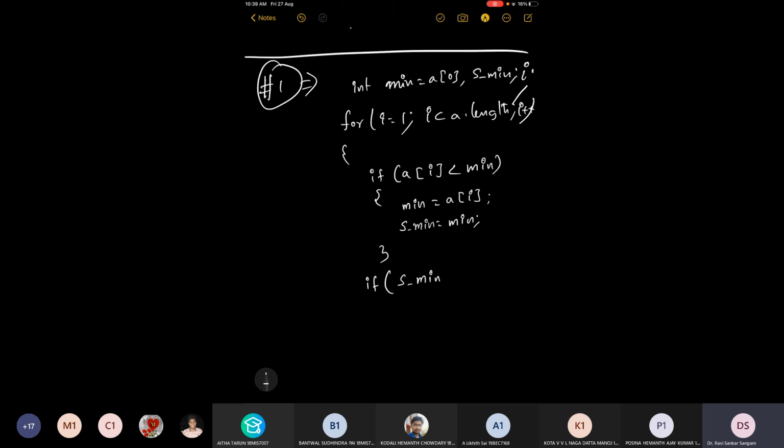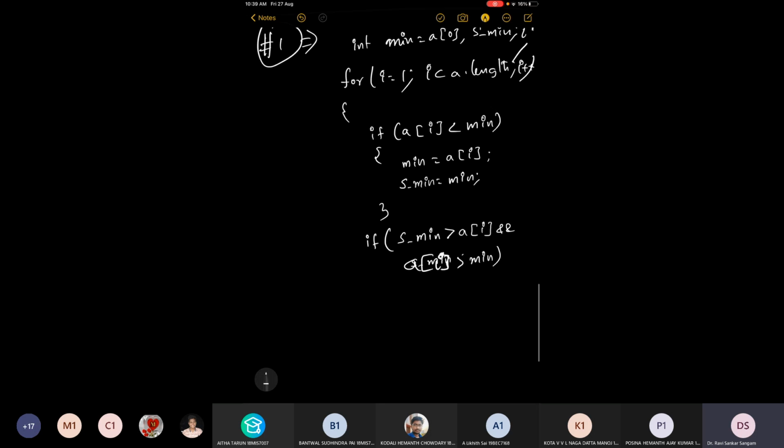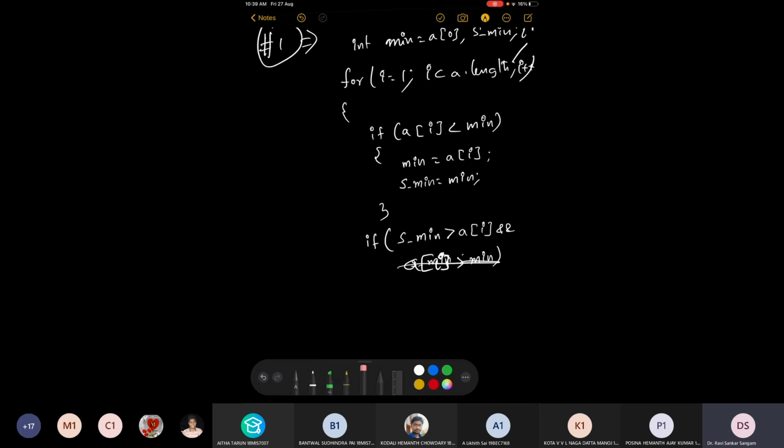If second minimum is greater than A of I and A of I greater than minimum.